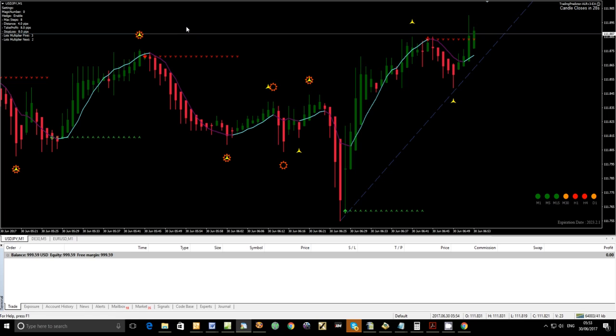This video is to show you just another example of it in action, and I took a trade earlier on and I thought I'd just play it back for you and describe what happened to give you an idea of how it works. This example is to show you that we can set the settings in the ALR to either